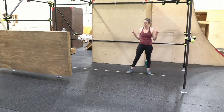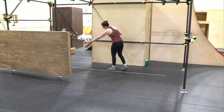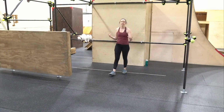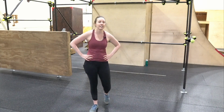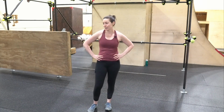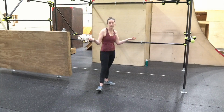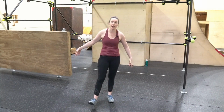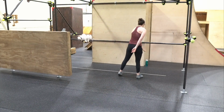I need you to find space in your floor, in your home, that you can create a line. It doesn't have to be tape. We had a big discussion on Discord about how ain't nobody can afford tape these days. So regardless, if you don't have masking tape to put on your floor, find an artifact, make it up, do your best, imagine it. But we're gonna need a line on the floor because we're gonna go over some simple,